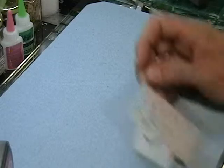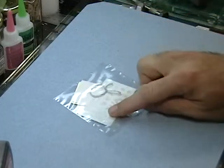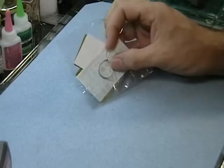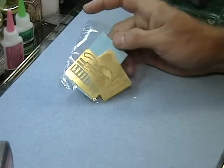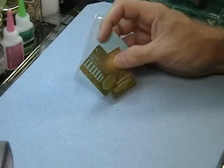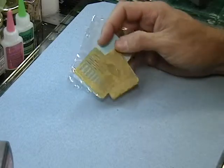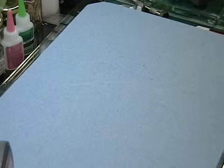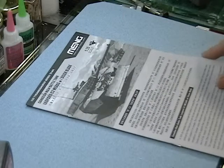Okay, next up is a set of decals, Canadian decal markings. Some cable for some tow cable, and then some photo etched grill systems. This tank didn't have very many grills on it, so they kept that kind of simple. And then the last part is going to be the instructions, black and white,